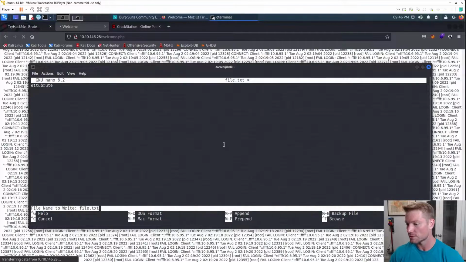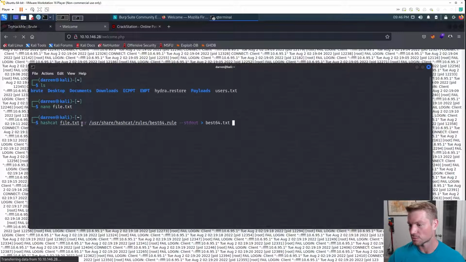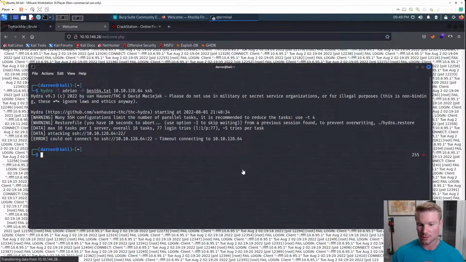And we'll save that file.text and do hashcat. So hashcat our file.text with e2 brute, and we're going to set a rule with the R flag. It'll be best64.rule, and we're going to output this new text file as best64.text. Enter. Thinking back on that file, it said best64 plus exclamation, so we can